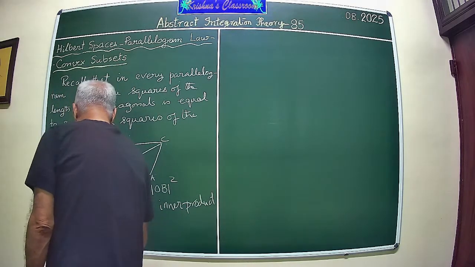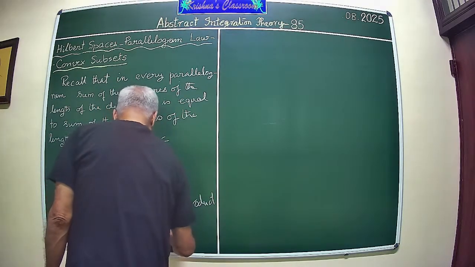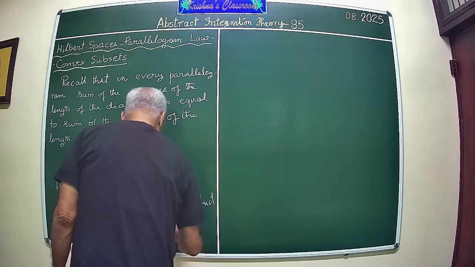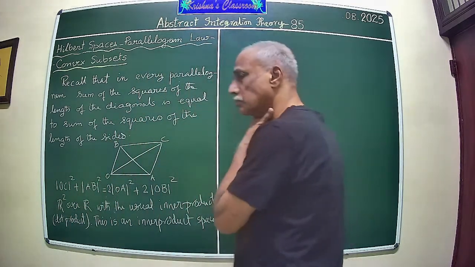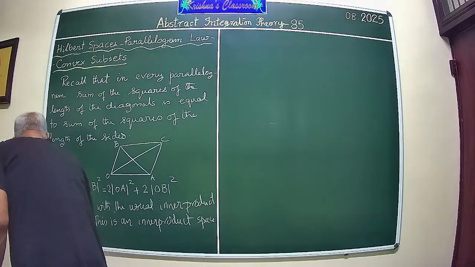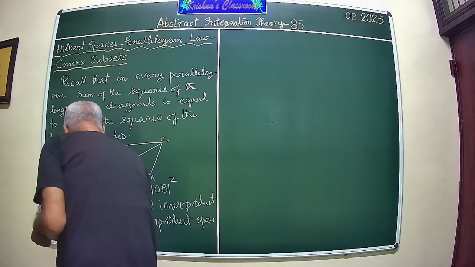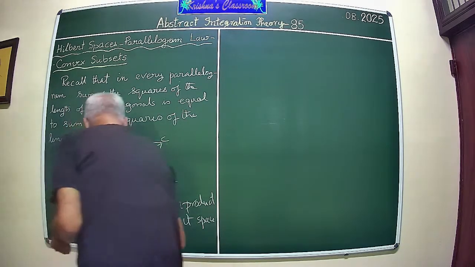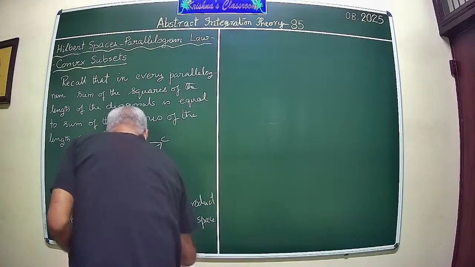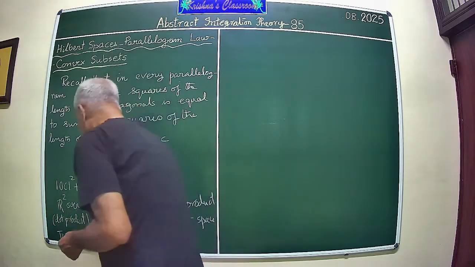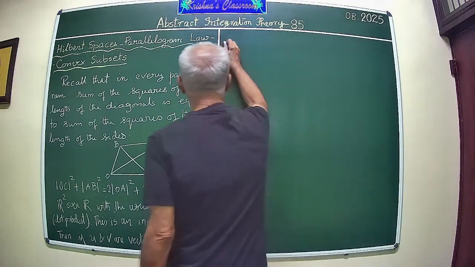This is an inner product space. Then if U and V are vectors in R2, U and V are vectors in R2, then